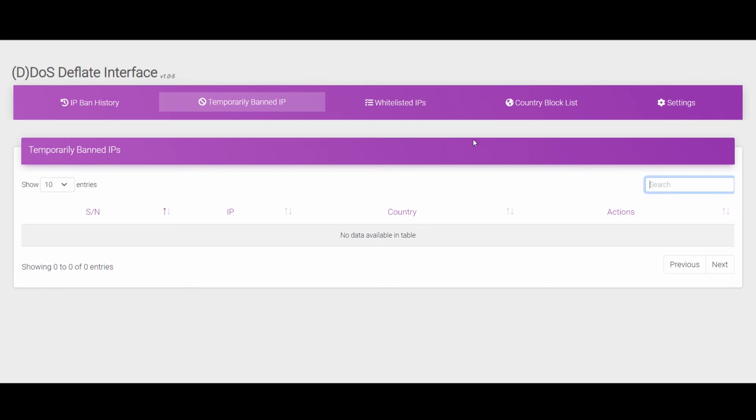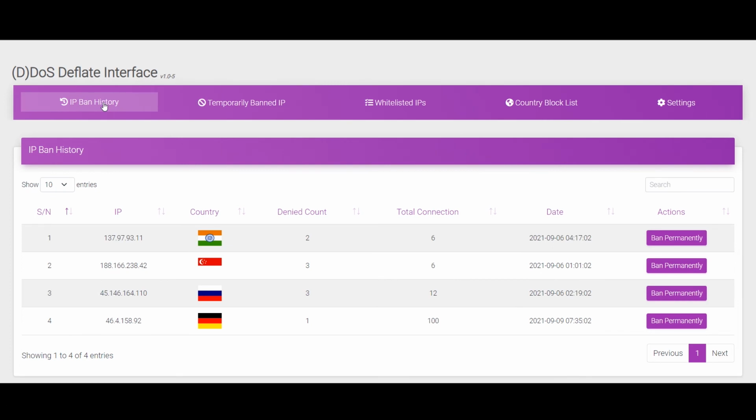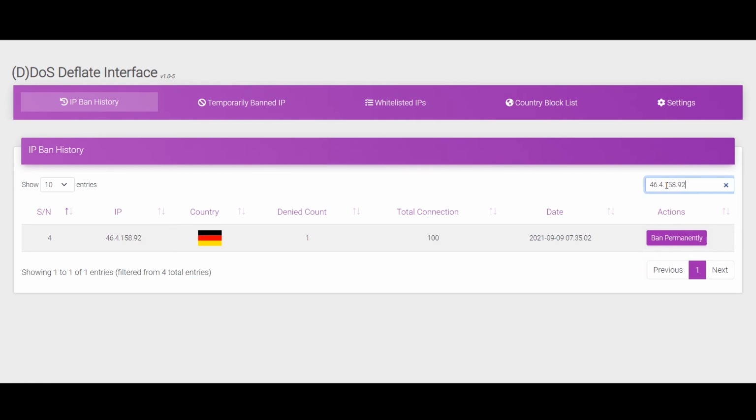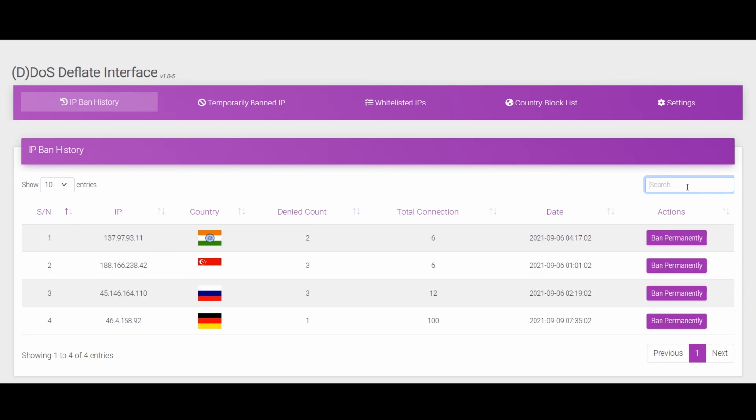Now coming to the final tab, that is IP ban history. On this page, a list of IPs that are temporarily banned is displayed with its corresponding details like country, connection count, total connections, and the date on which the IP was banned. From here, you can either permanently ban or unban the IPs from the Actions tab. In the event that you wish to look at any specific IP, you can utilize the search option to select the IP you need. This pretty much sums up the new improved DDoS Deflate Interface plugin 1.0 for DirectAdmin by